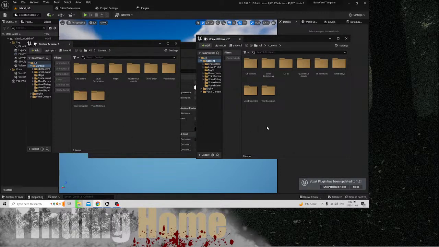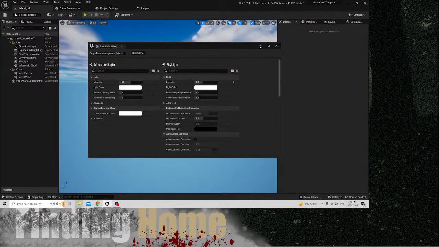We're going to clear some of our save data, bring it back up, see how things look. In the meantime, what we were looking to do was this